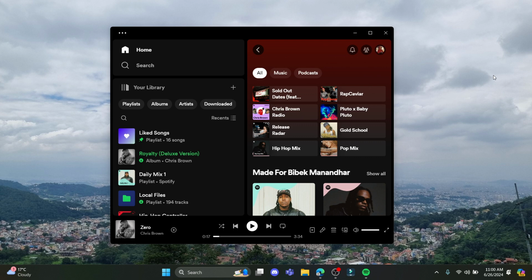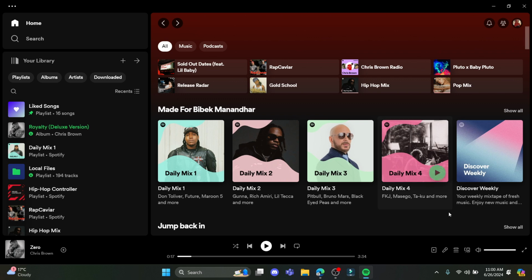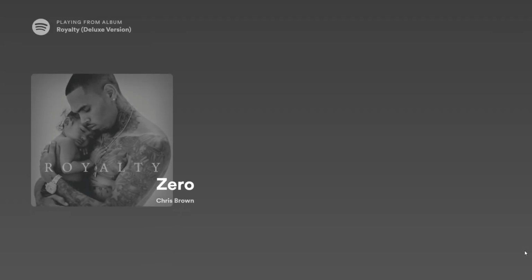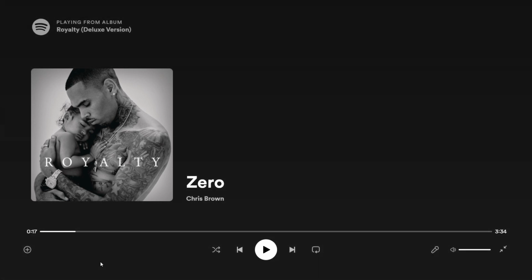First of all, open Spotify on your PC. If this is the format you are seeing your Spotify, you can see the maximize button over here. Go ahead and tap on it. And if you want the full screen option, you can see on the bottom right hand side this stretch icon. Just go ahead and click on it. And you can see that you can now play the songs and you can watch the whole Spotify screen as